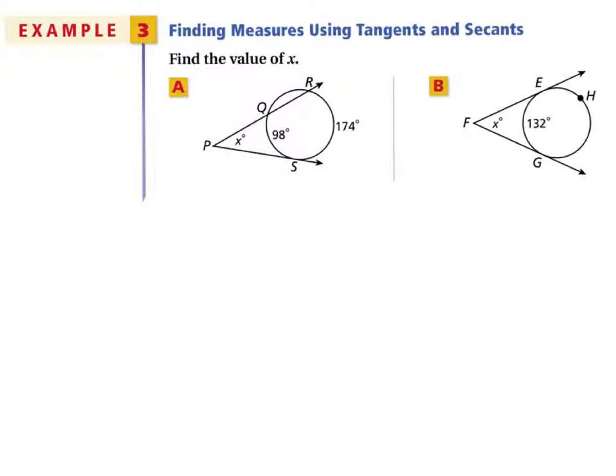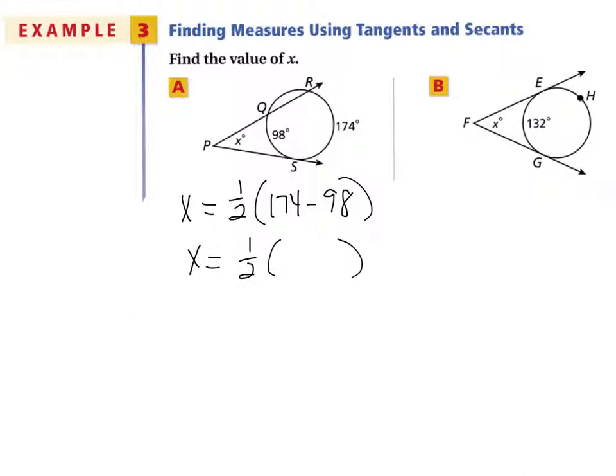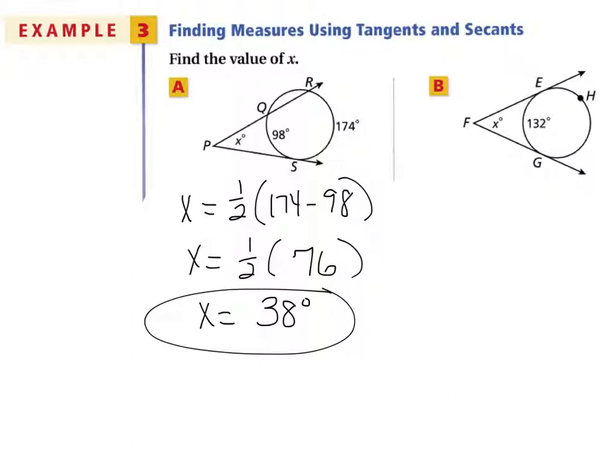So if we found the values of x on both of these, x degrees would equal 1/2 the difference of 174 and 98. So you take 174 minus 98 degrees, which gives you 76 degrees. And then half of 76 degrees would be 38 degrees. So x would be 38, which makes the angle measure 38 degrees. In B,